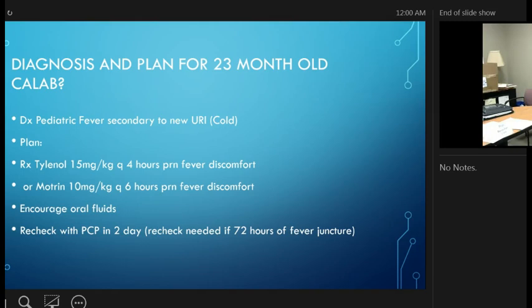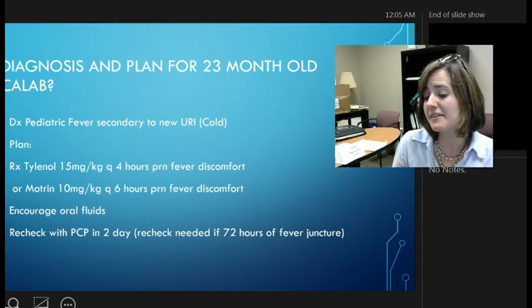He is now getting a diagnosis of a pediatric fever secondary to a cold virus. The plan is simple. Tylenol or Motrin for fever discomfort. You don't have to treat the fever just for the fever's sake. Encourage oral fluids and recheck with PCP in 2 days. At the 72-hour mark,